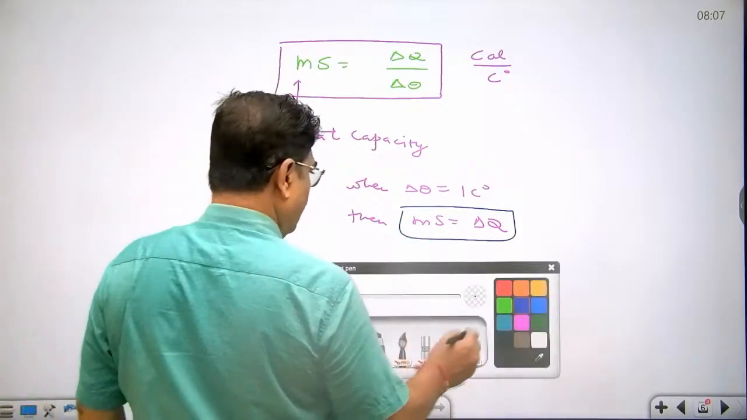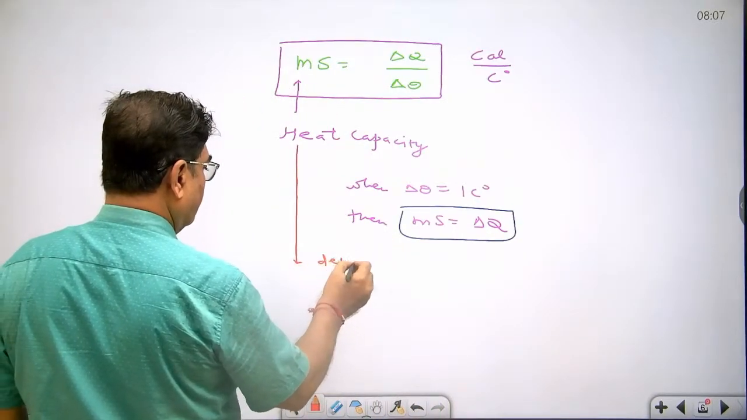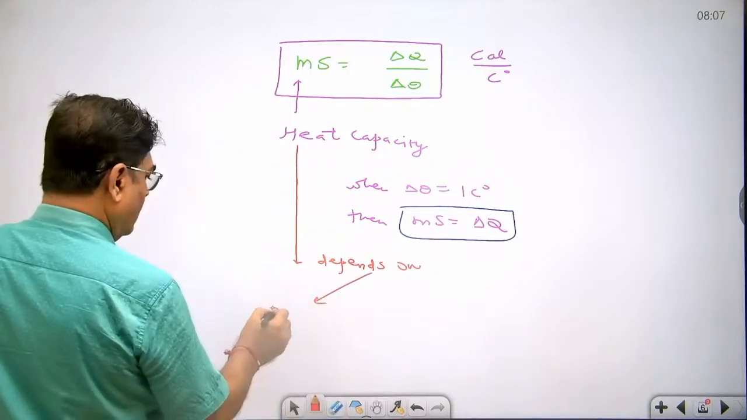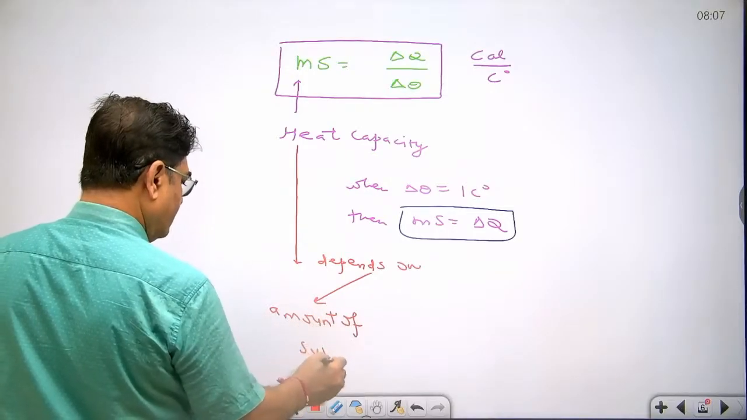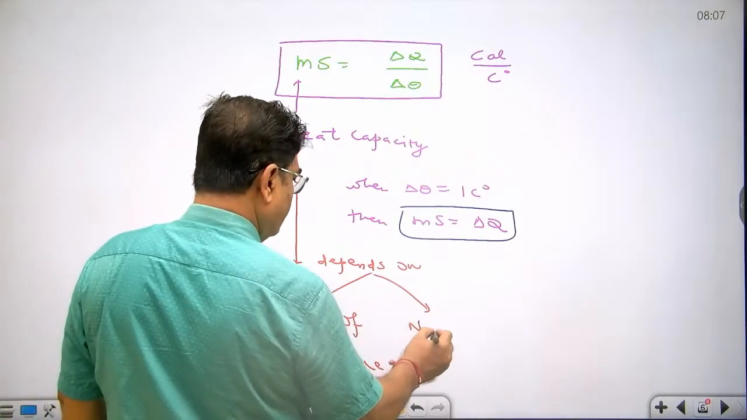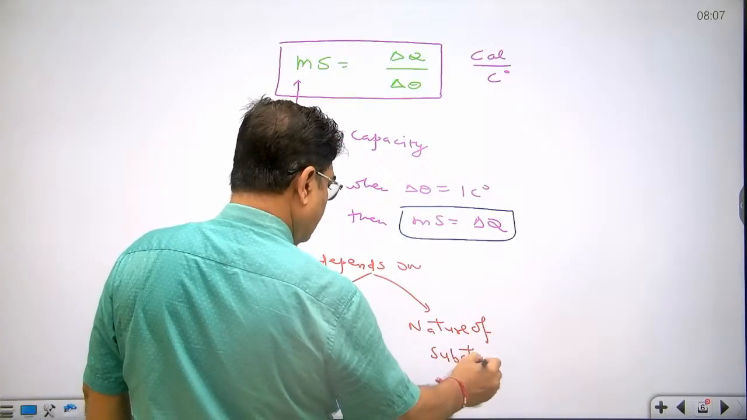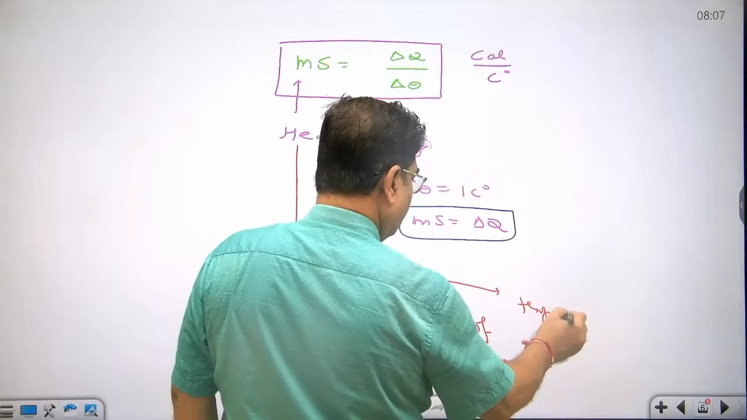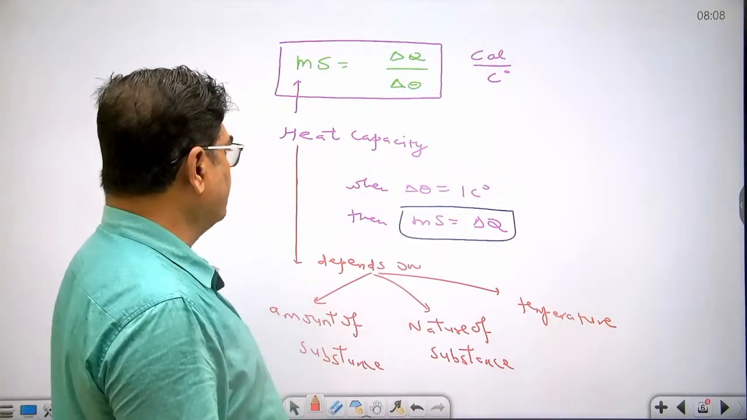Okay, dear student, heat capacity depends on amount of substance, nature of substance, and temperature. It is different for liquid, solid, and gas. Okay,